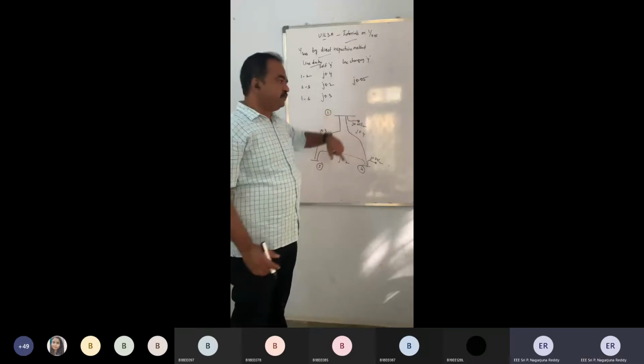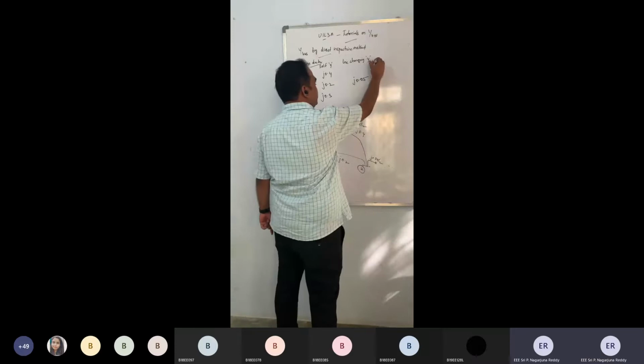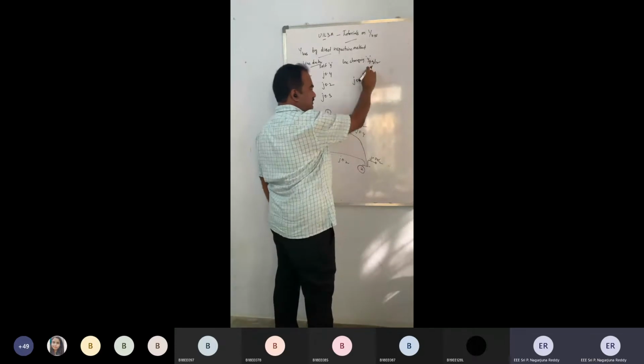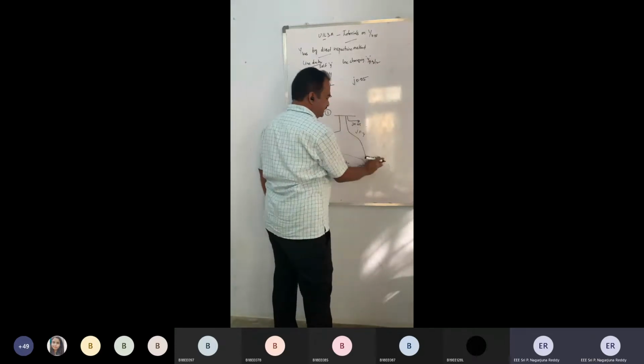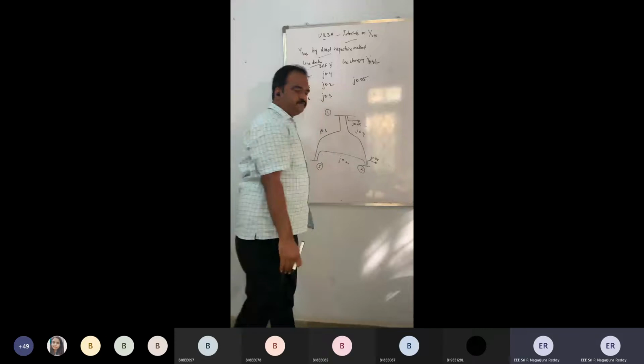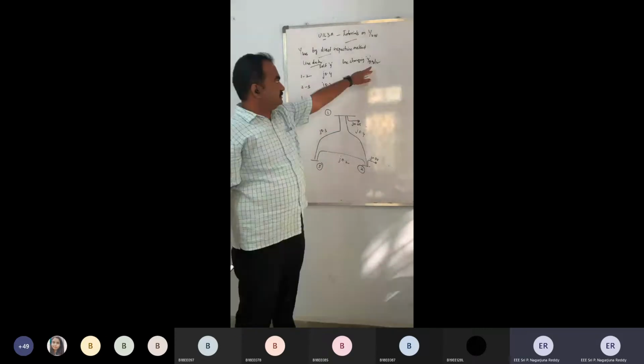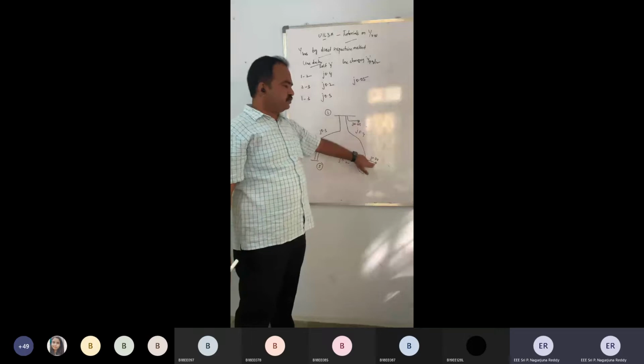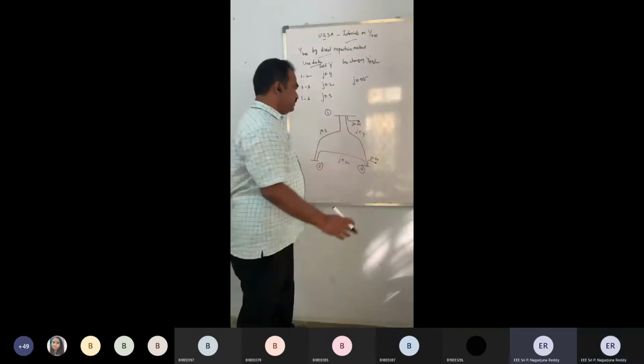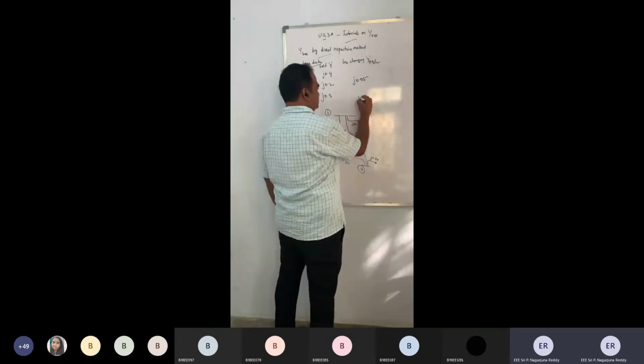In GATE problems, you will be asked to include this line charging admittance also. If they already give it in the format of Y_PQ by 2, then you can directly add this value to the two buses to which your element is connected. If they don't give it as a half, you need to divide it into two halves and connect it. Now we will see what is the change in Y-bus.